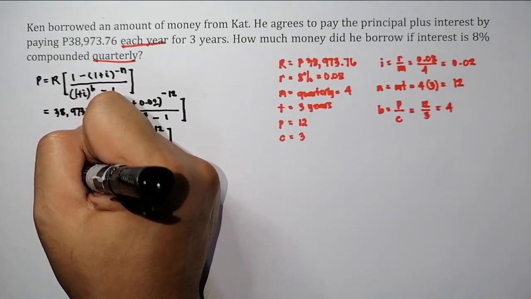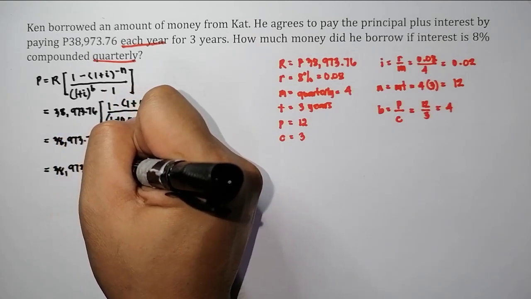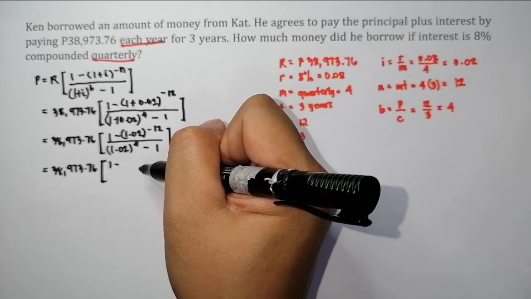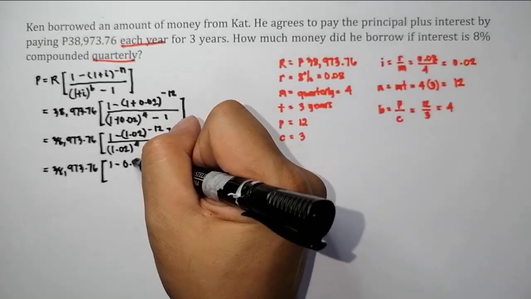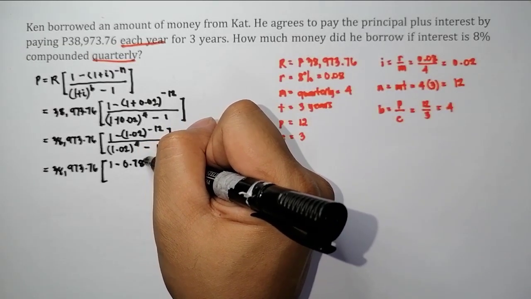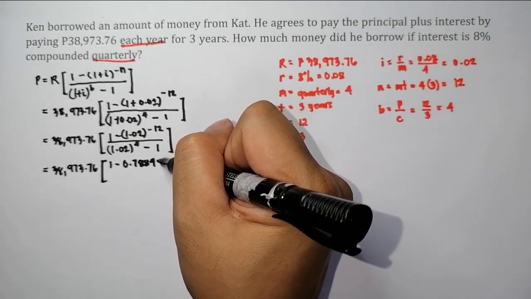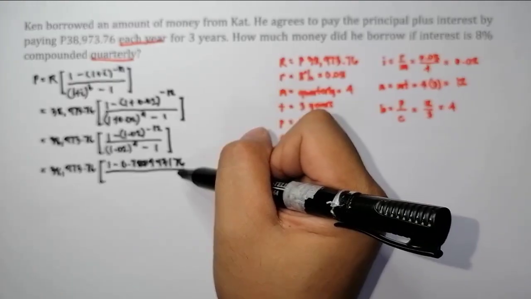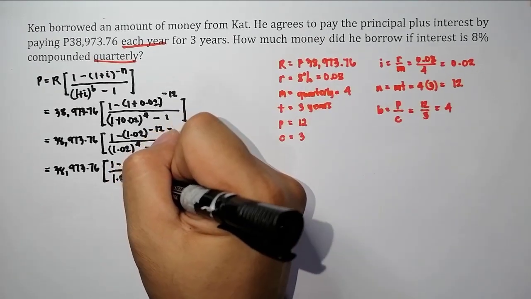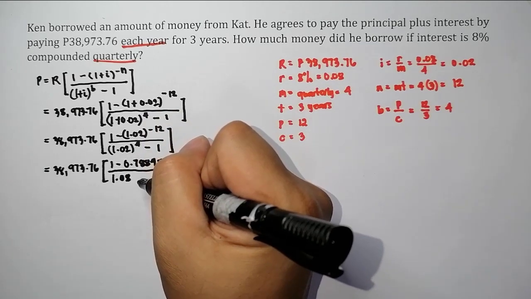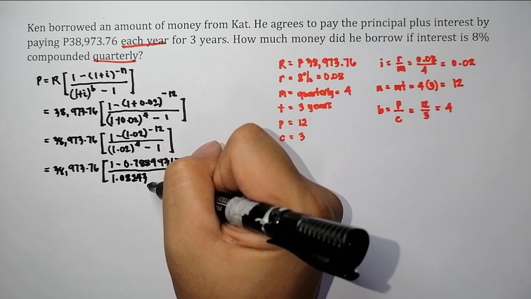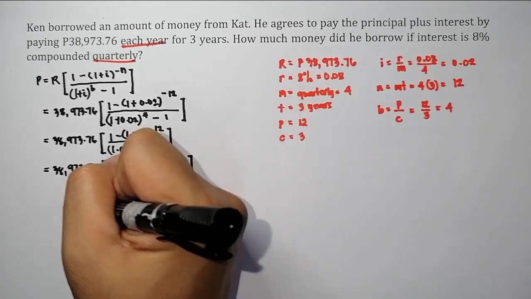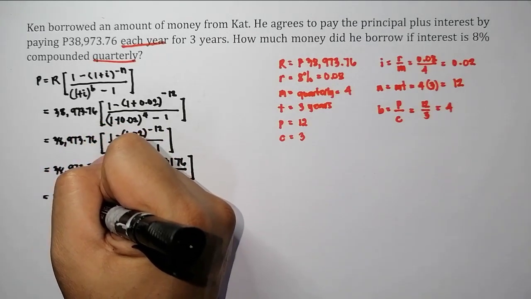Then continuing our process, we have 38,973.76. Then we'll have here 1 minus 1.02 raised to negative 12 is 0.788493176 over 1.02 raised to 4, that is equal to 1.082432160 and then minus 1. So perform lang natin yung operation sa numerator at sa denominator. We'll have